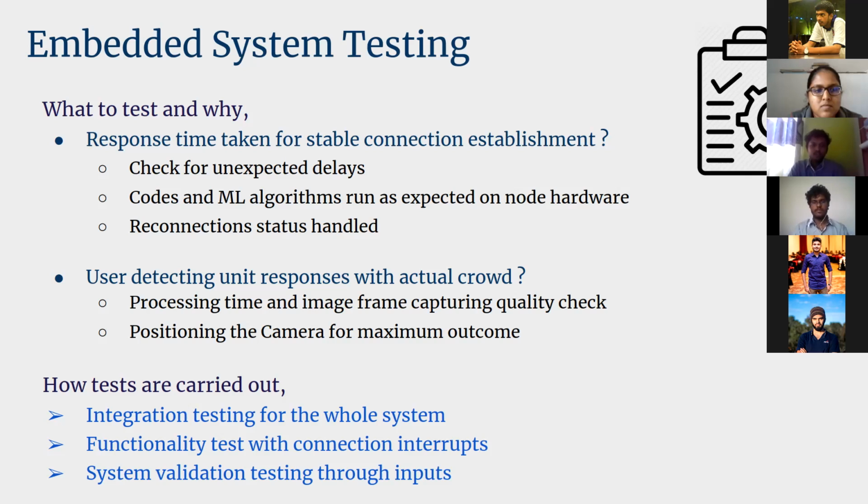For the user detecting unit, we need to check the response with an actual crowd, because so far we have done it with images. We need to do it on a real crowd, outside, to check whether the image quality is enough to capture people's faces, and also what the best position for the camera is for the maximum outcome. The tests will be carried out using integration testing, and also some functionality tests with connection interrupts, and validating